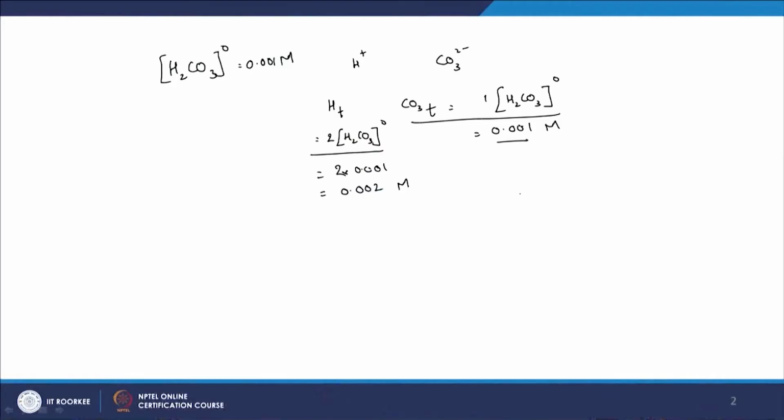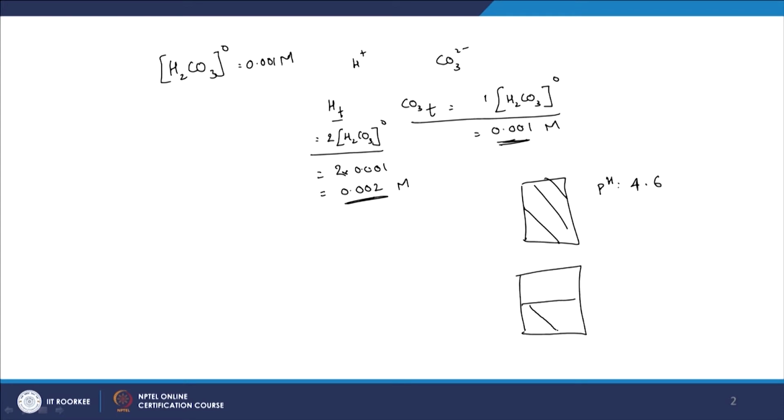So that's what we looked at. Let's just look at that once more, please. What was the case here? The earlier case, when it was just a closed system at this relevant concentration of 0.002 molar for H total and 0.001 molar for CO3 total, we calculated the pH to be around 4.6, right. But now with the same concentrations, we have a gaseous phase here, and we mentioned that the partial pressure of that particular carbon dioxide was what now? I think 0.00038 atmospheres or so, which is similar to what you would expect in nature. And when we calculate that, we saw that at equilibrium the pH was around 5.6.